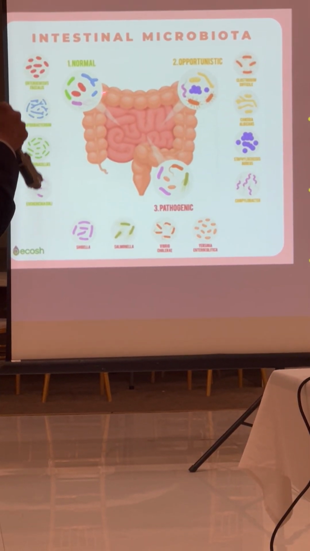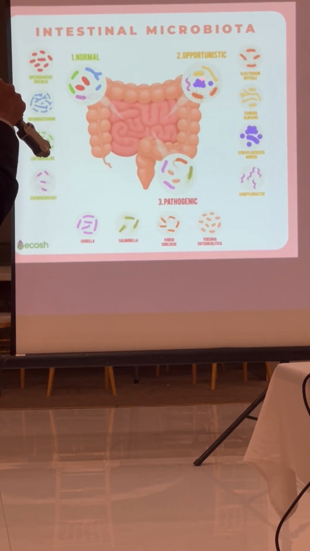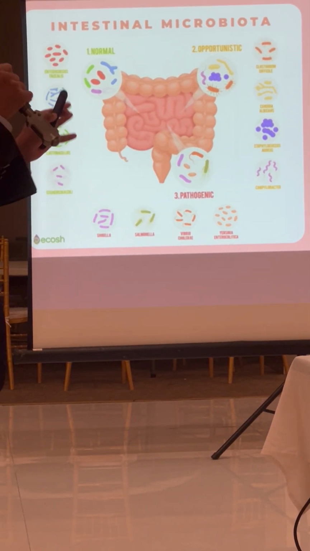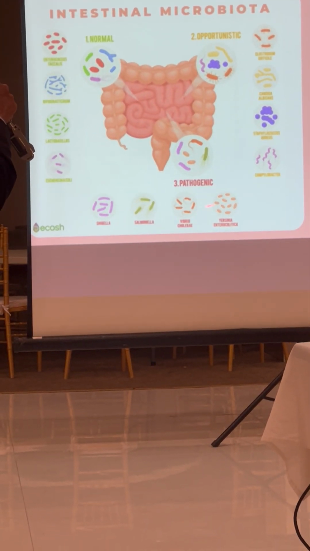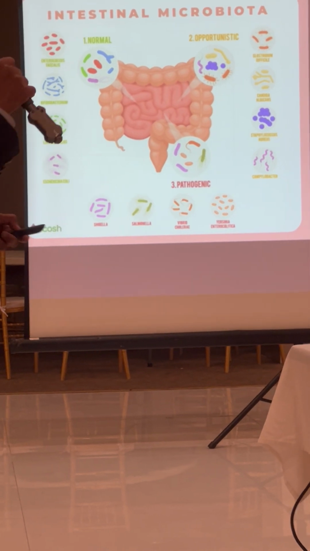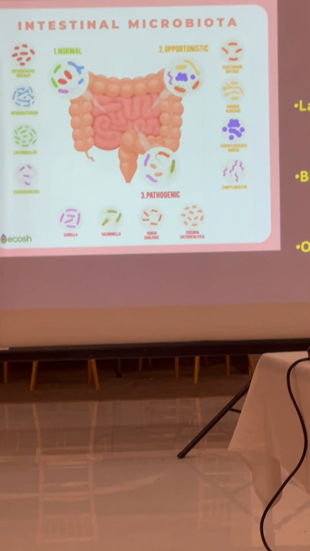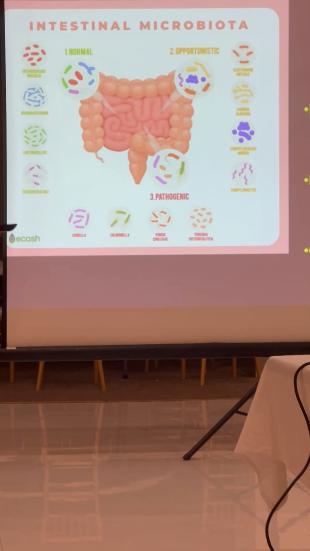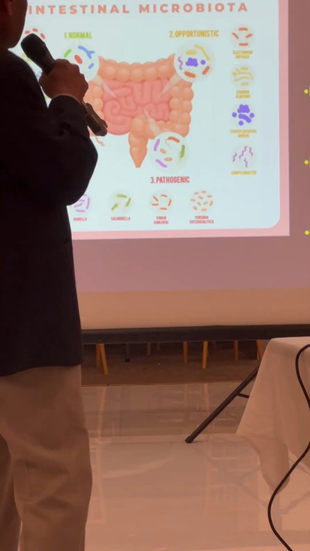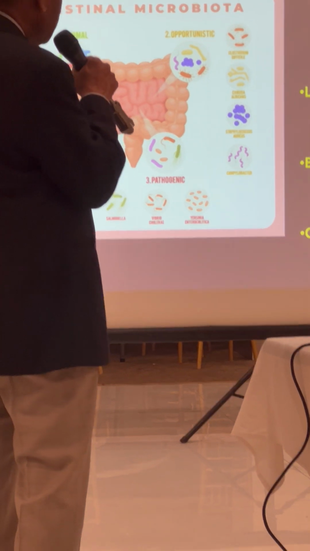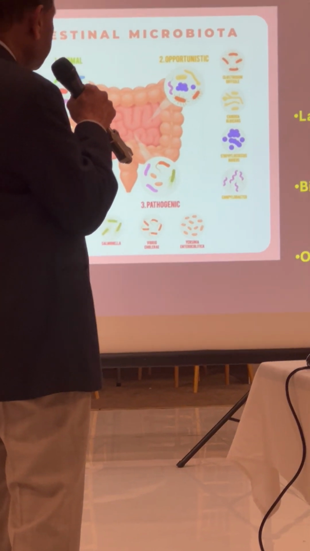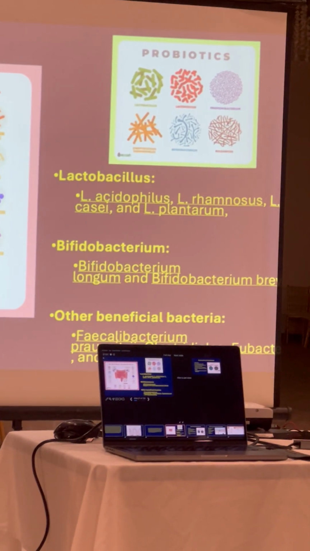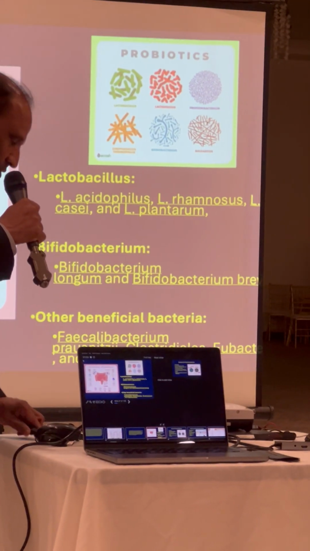We would like to have more of these normal. We would like to have some of the opportunistic maybe, but they have to be kept in check so that they don't overgrow and cause problems. We don't want any of the pathogenic, otherwise it will cause problems. If you look at the good bacteria, people now call them probiotics. There are many different types, but the ones you have to remember are Lactobacillus, Bifidobacterium, and some others, and one I want to put in there is the Saccharomyces fungus. That is good